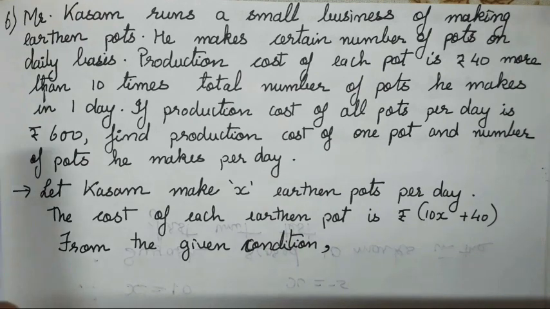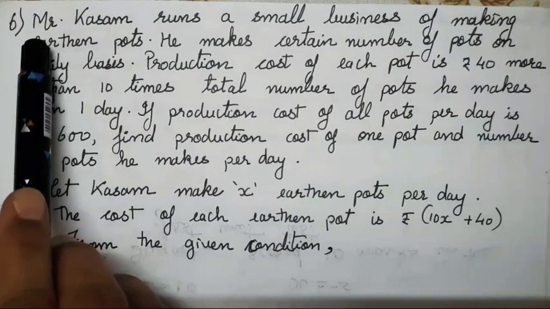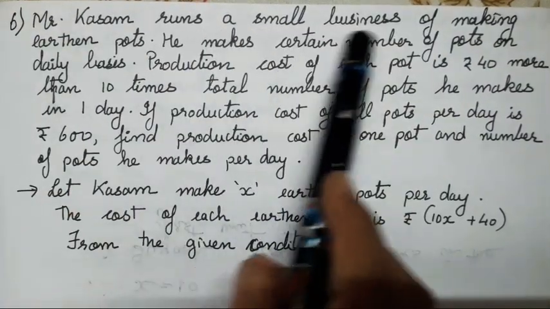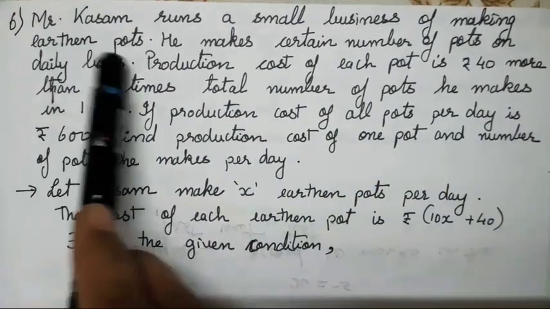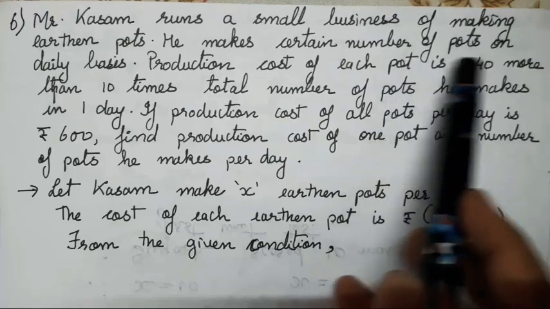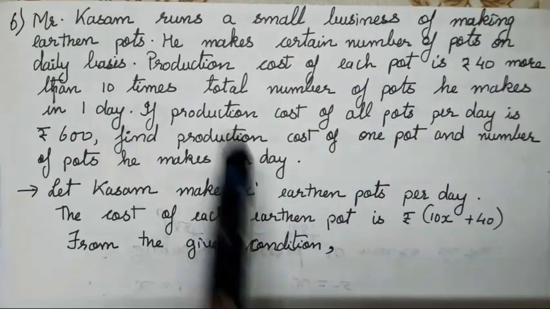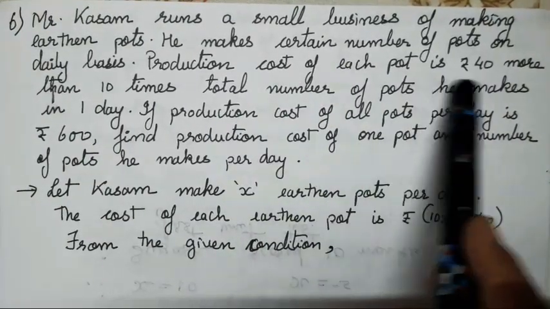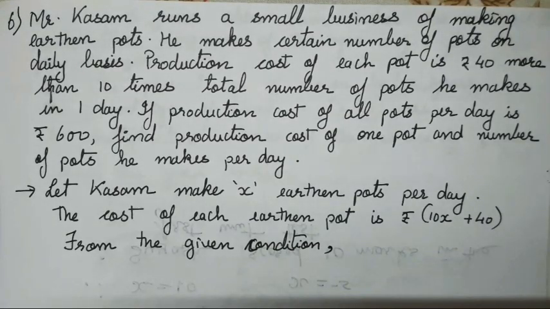So, starting with question number 6, Mr. Kasam runs a small business of making earthen pots. He makes a certain number of pots on a daily basis. The production cost of each pot is rupees 40 more than 10 times